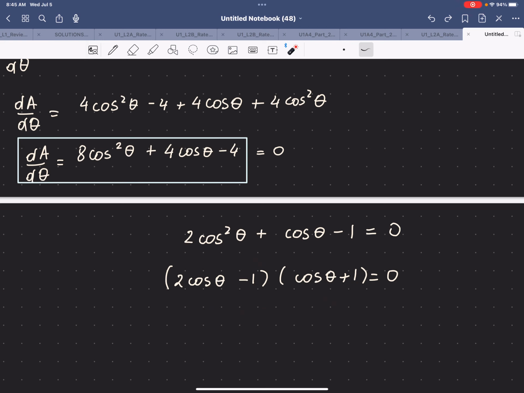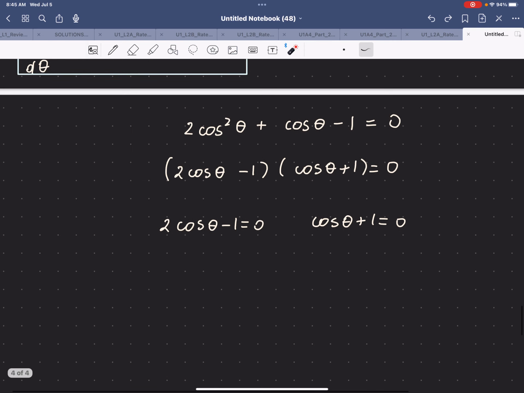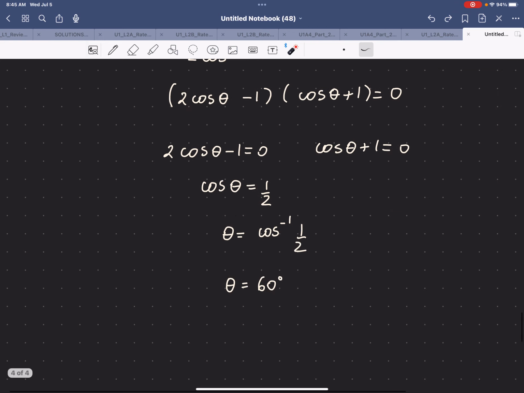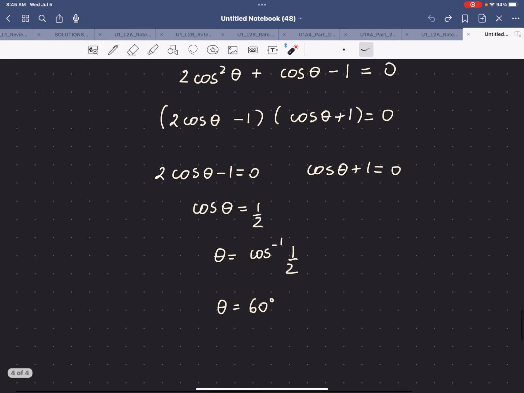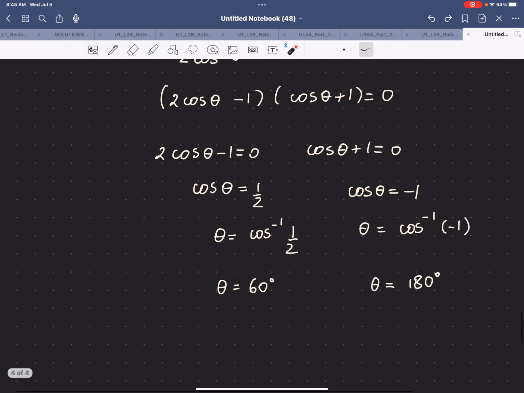So make each factor equal to 0. And that will help us find the values of theta for which the derivative is 0. So cos theta would be 1/2, so take negative 1 to the other side, which suggests that theta equals inverse cos 1/2, which is theta equals 60. And similarly, cos theta equals negative 1 here, which gives theta equal inverse cosine negative 1,